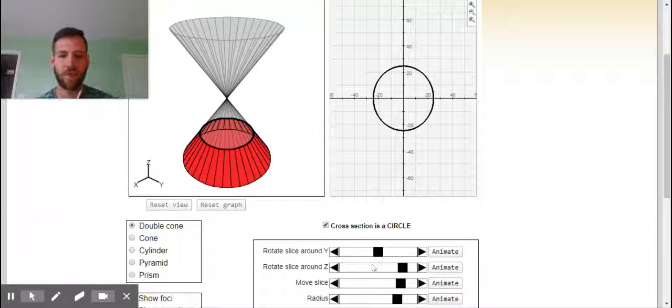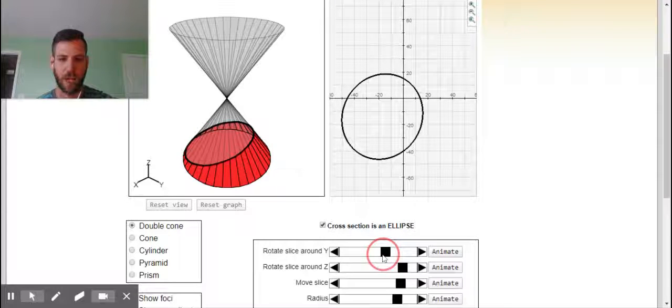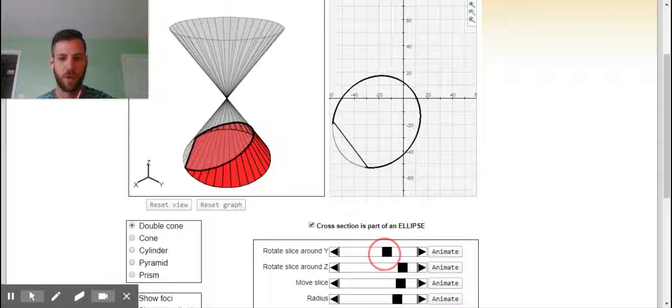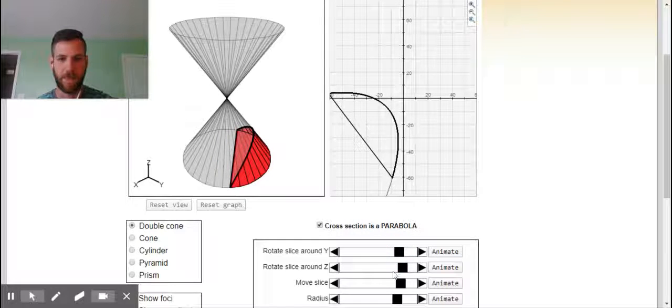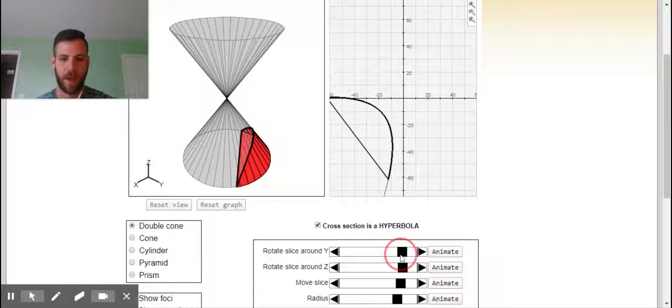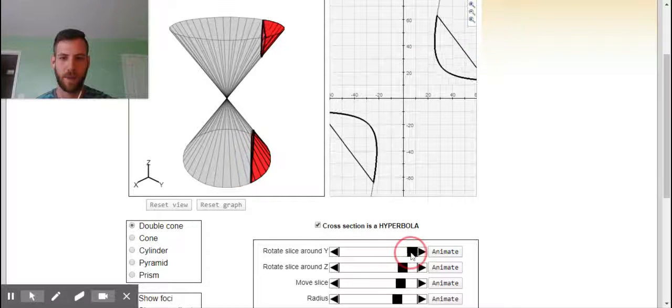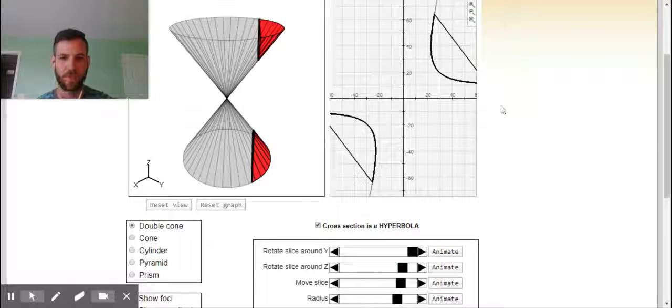And we can now see some of those different cross sections in addition to just the circle horizontally through this cone. If I move it around a little bit, I can turn it into an ellipse or an oval. And if I keep going, I can make it into a parabola, something we know from math class. And then you make it into a hyperbola, that sort of double parabola that you see on the graph. And that is a quick-ish intro to conic sections,